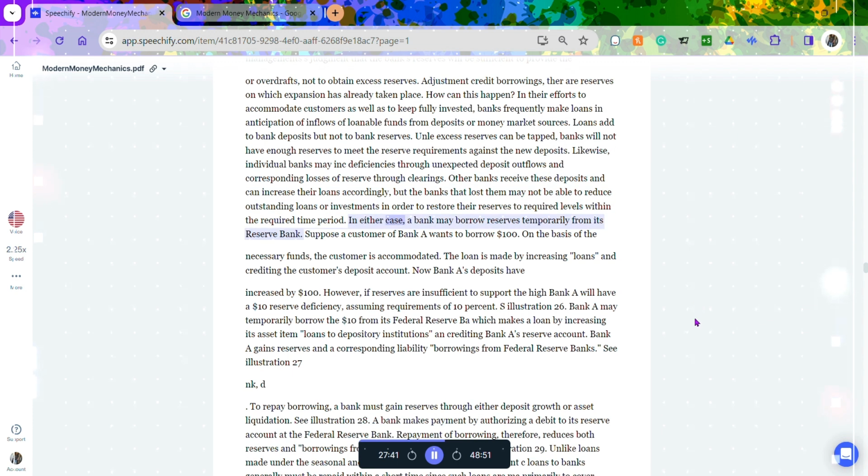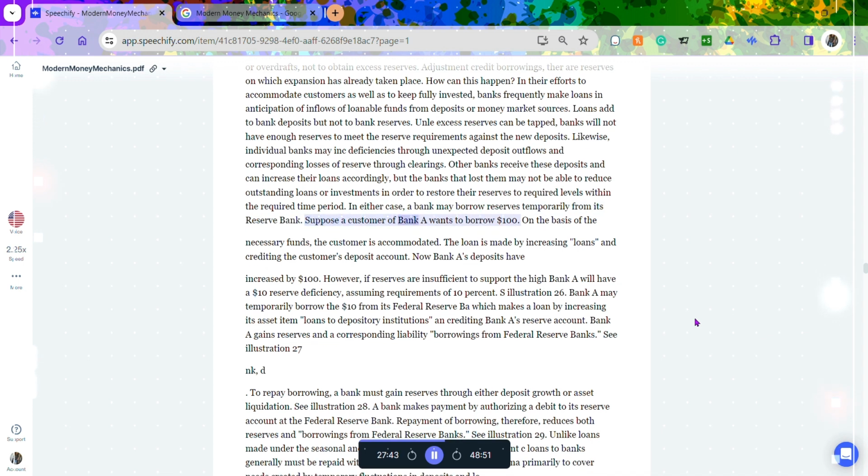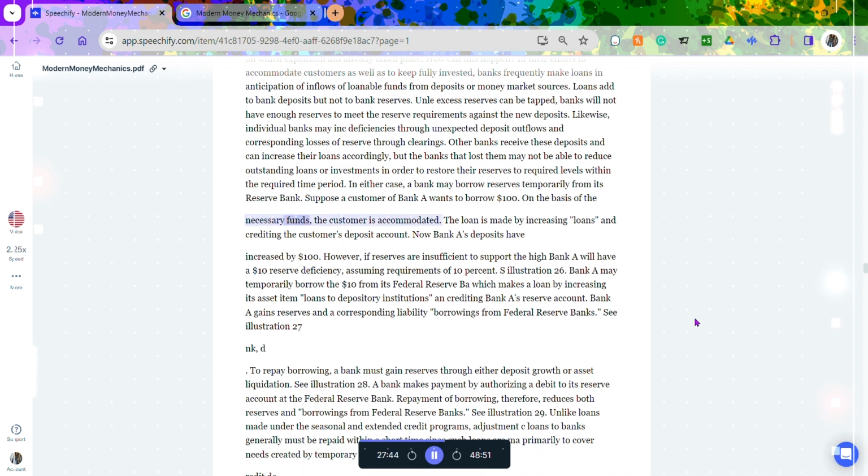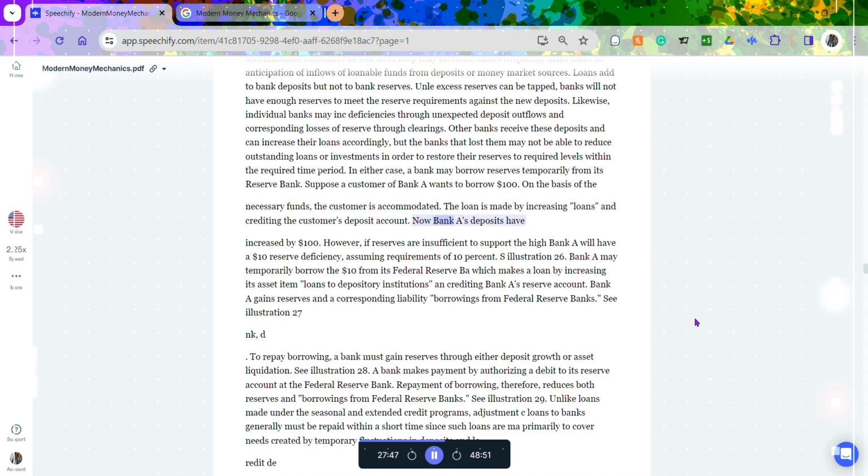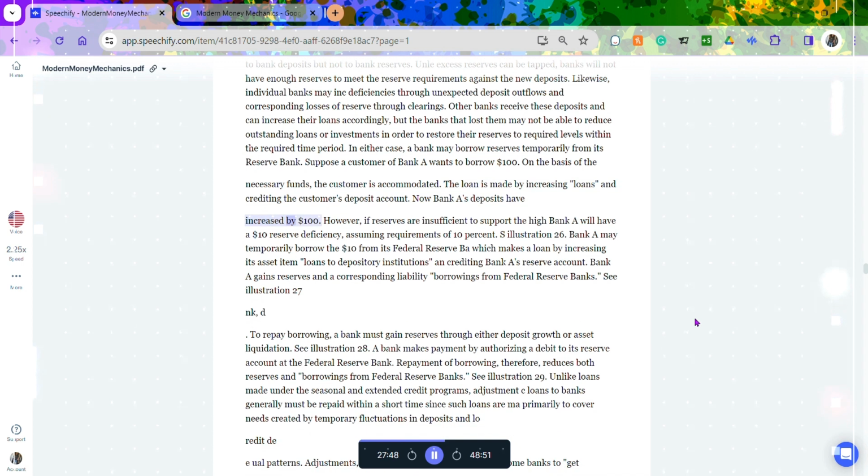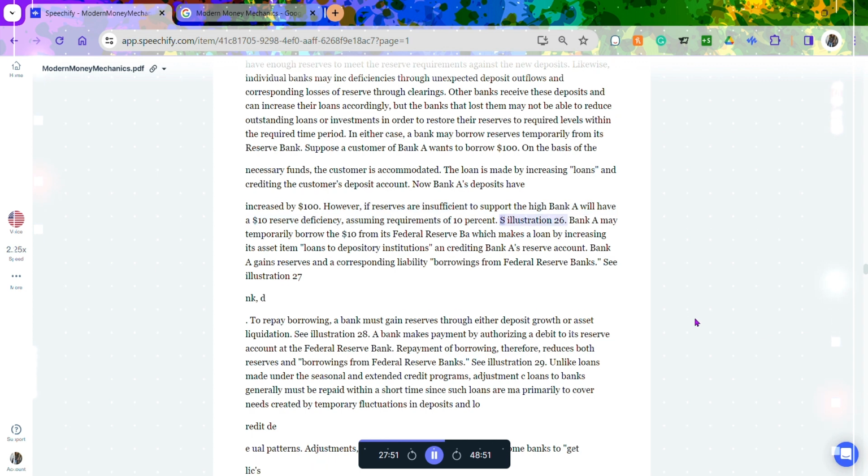In either case, a bank may borrow reserves temporarily from its reserve bank. Suppose a customer of Bank A wants to borrow $100. On the basis of the necessary funds, the customer is accommodated. The loan is made by increasing loans and crediting the customer's deposit account. Now Bank A's deposits have increased by $100. However, if reserves are insufficient to support the increase, Bank A will have a $10 reserve deficiency, assuming requirements of 10%. As in illustration 26, Bank A may temporarily borrow the $10 from its Federal Reserve bank, which makes a loan